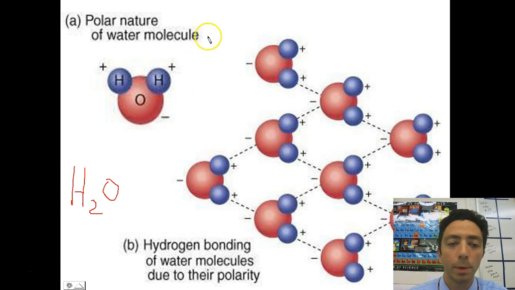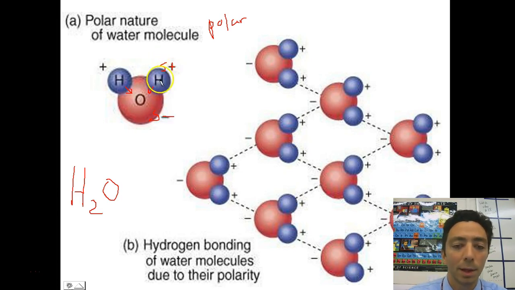One of the unique properties of water is that it's polar, meaning that they do not share equally. The oxygen is more electronegative, and so it'll pull the hydrogen's electrons closer to it, and it creates this slightly negative side, while hydrogen ends up slightly positive, having that one proton without any real electrons nearby. This is a very unique property that is beneficial to life here on Earth, and so when it freezes,